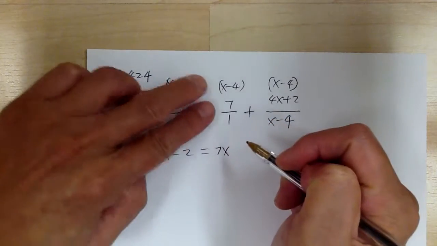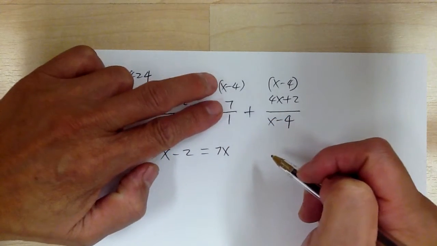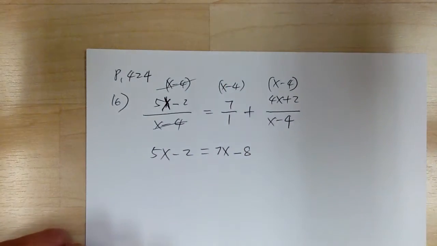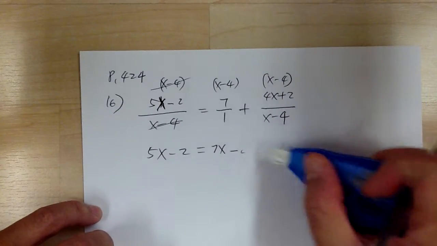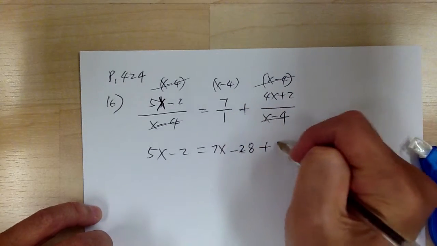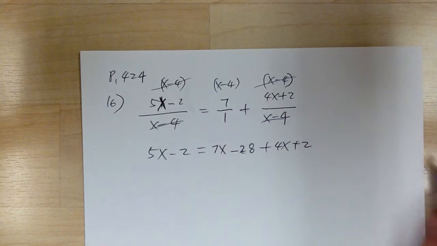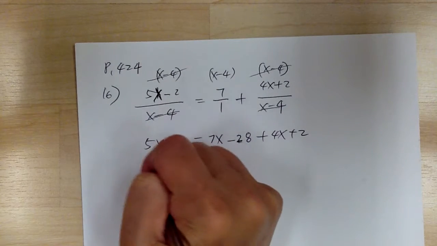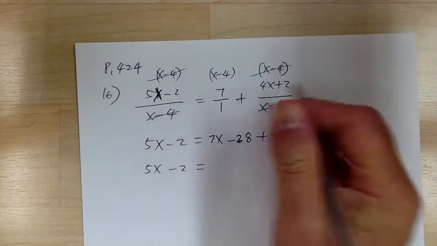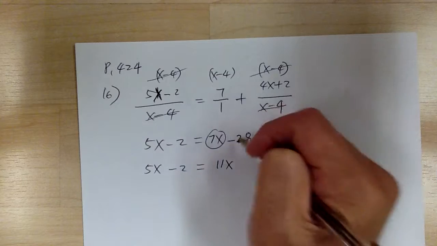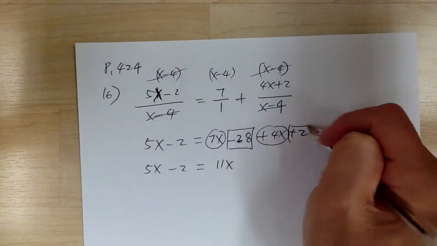So you get 7x. Again, use your fingers to point out. So 7x minus 28, and this cancels also, plus 4x plus 2. And go and combine the like terms. You got 5x minus 2 equal to 7x plus 4x gives you 11x, and minus 28 plus 2 gives you